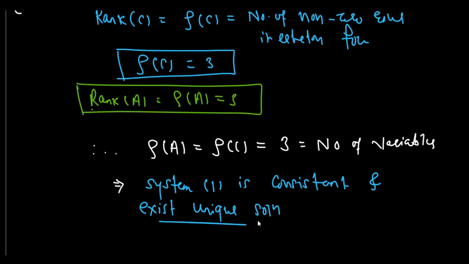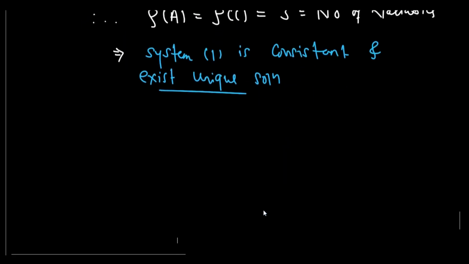Okay, so up to this point we just checked whether the given system has a solution. Yes, it has a solution because it is consistent. And if it has a solution, then what type of solution? Unique solution or infinite number of solutions? The system has a unique solution. Now here we have to find the unique solution of that system.